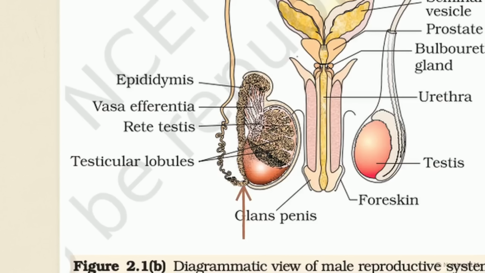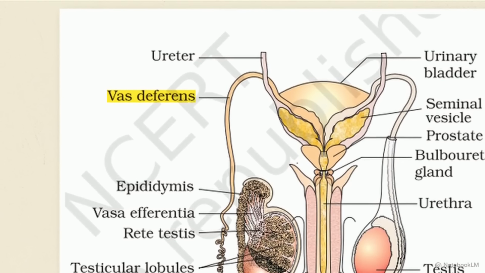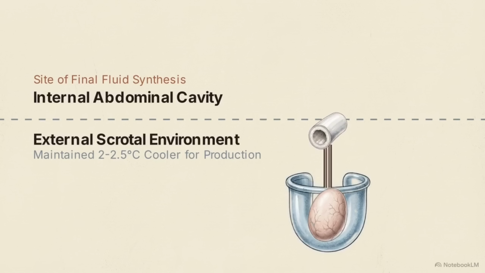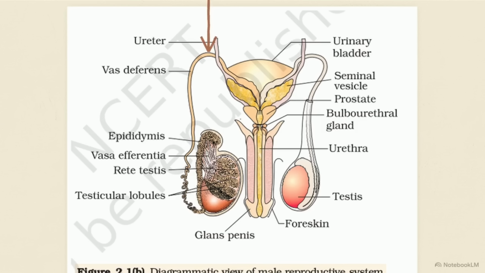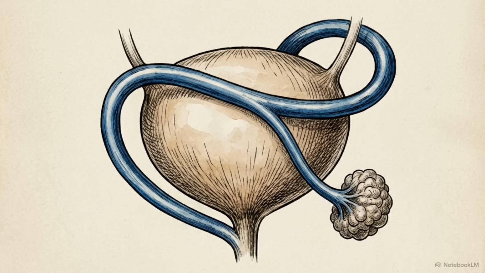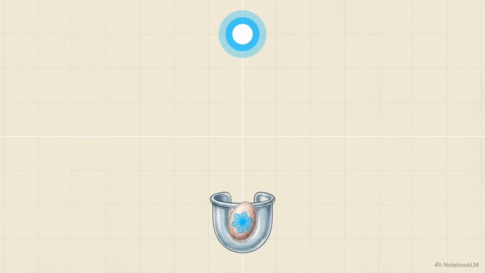Transport continues from the bottom of the epididymis up into a thick tube called the vas deferens, tracking its ascent out of the scrotal area. The vas deferens leaves the scrotum and ascends vertically, crossing back into the abdomen. It then takes a specific anatomical detour, looping completely over the urinary bladder. This complex loop routes the externally produced gametes back toward the internal glandular secretion points. The system operates as a continuous physiological conduit. It utilizes a progressively larger ductal network to solve the spatial problem of moving externally generated gametes back into the